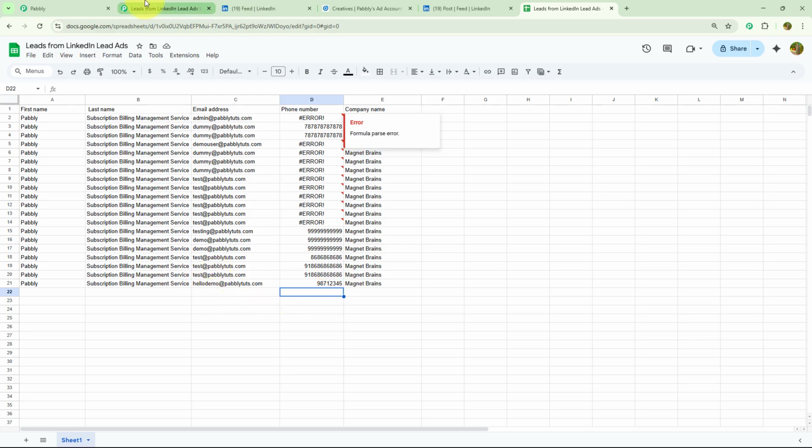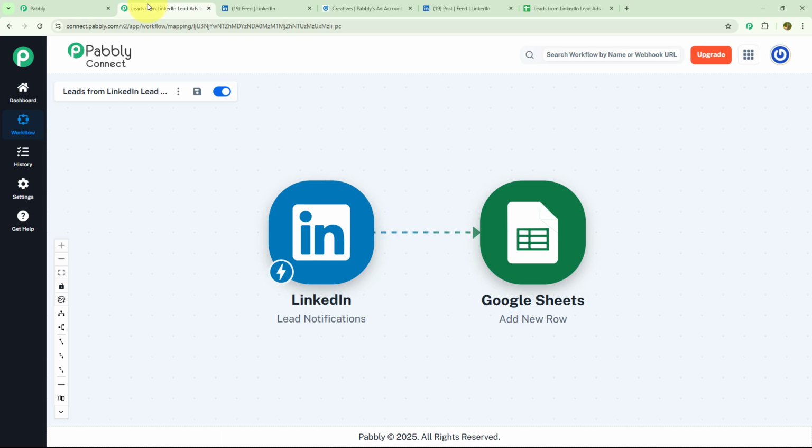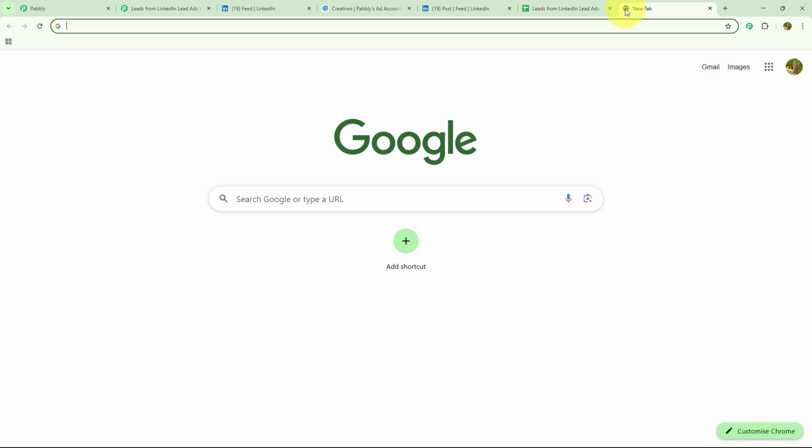This is going to be super helpful if you're generating lead through LinkedIn and want to keep everything organized automatically in Google Sheet. And if you want to know how to make this automation for your own business, so let's dive in and set up the step-by-step procedure. For that, you need to open new tab and search